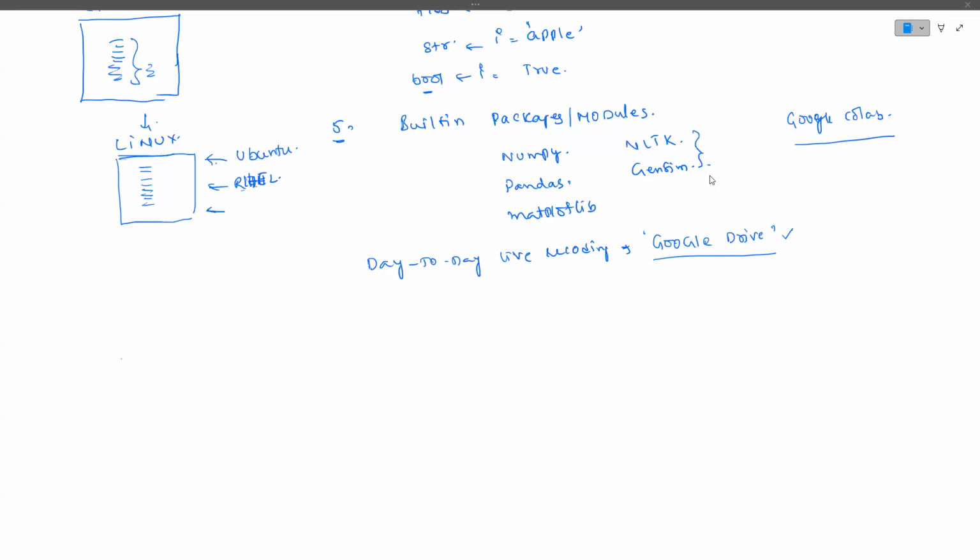Sir, can I use an AWS EC2 instance for this? It will be costlier then, right? You have to pay some money for that. Yes, you can use it, no problem. But if you use EC2 machines, you have to pay some money for them. So better to use it only whenever it is required.